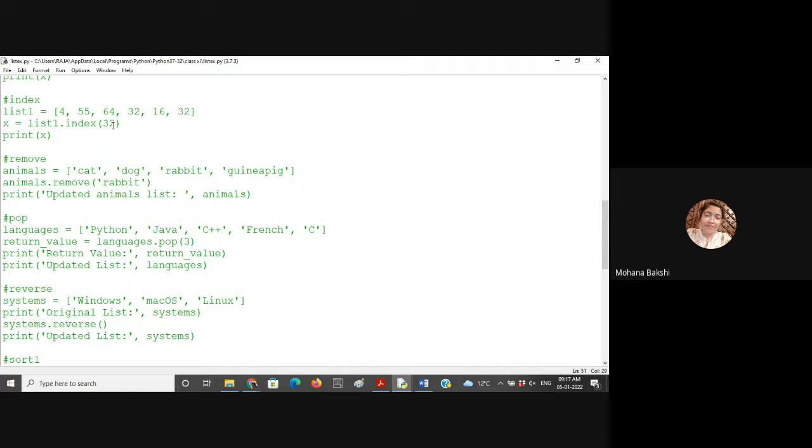Say, in this case, if we want to find 32, then the output will be: 32 is found in index number 3 and index number 5. This I want to see. And if the number is not found, then the not found statement will be printed.